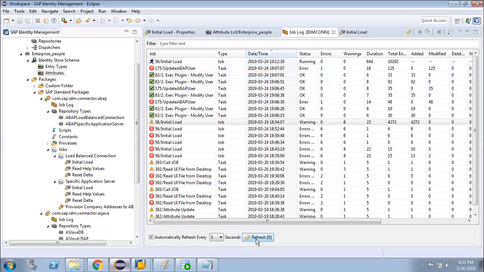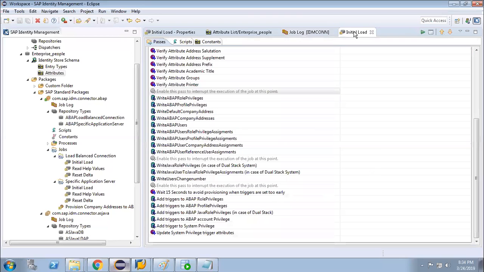Normally, since this is a test server without much data, it should complete within 15-20 minutes. But in a real ECC system, it used to take 4 to 5 hours. This is a plain ECC, not IDES. In a real business scenario there are a lot of users and roles, so it used to take 4 to 5 hours.